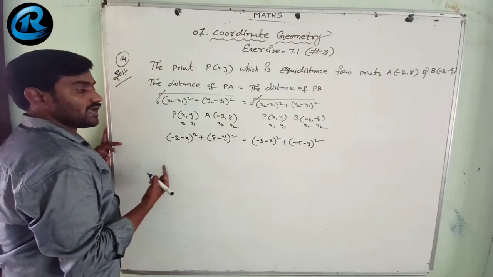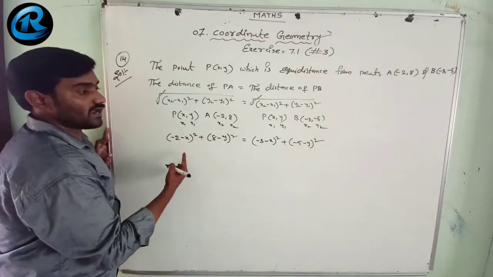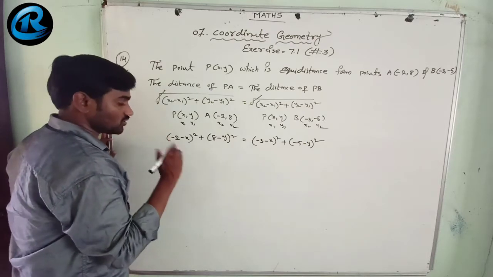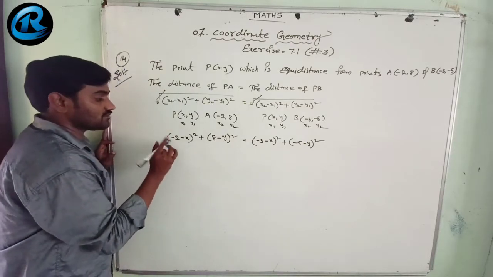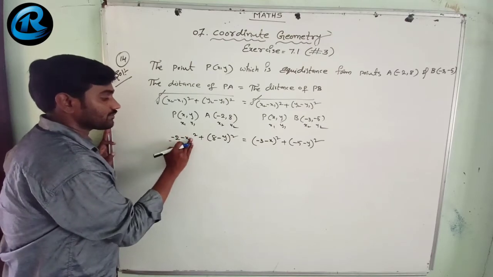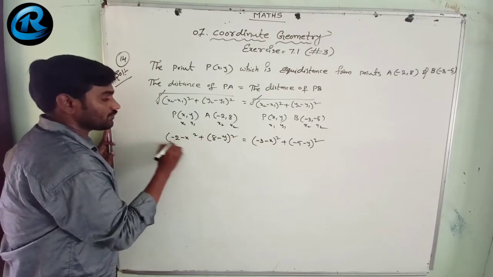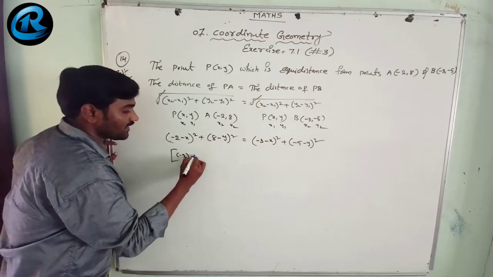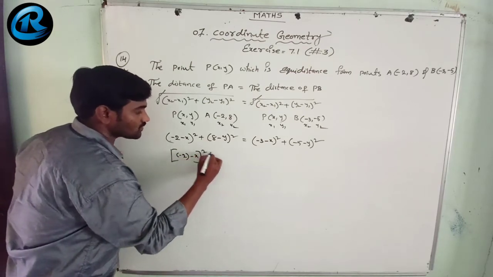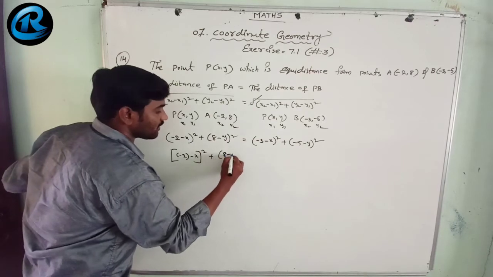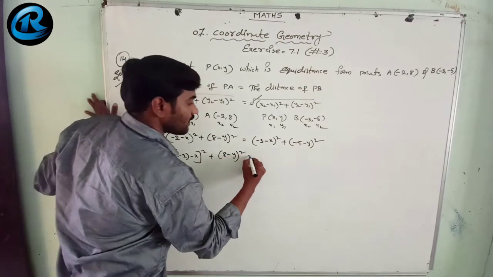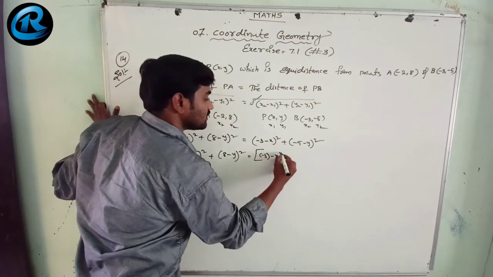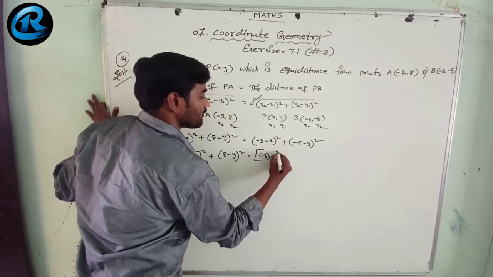Now here, as I told you before, how to write this: all are in this (a minus b) whole square form. See this, we can write (-2 minus x) whole square plus (8 minus y) whole square, that equals (-3 minus x) whole square